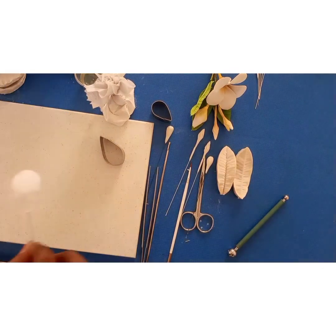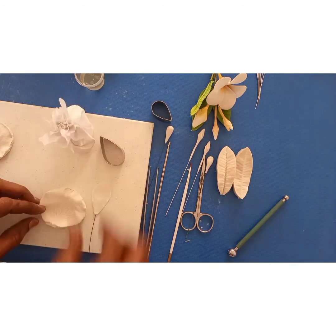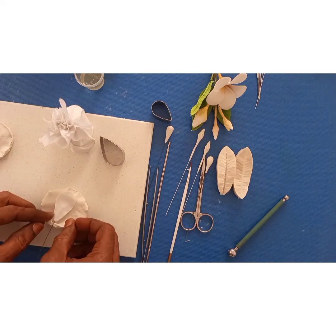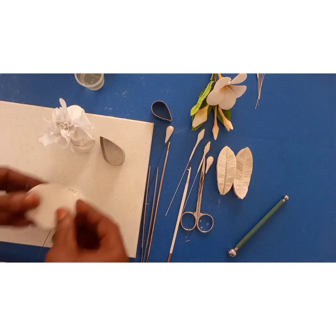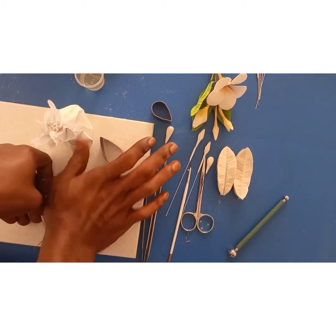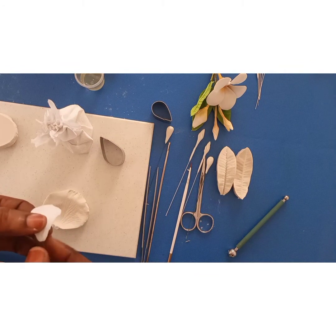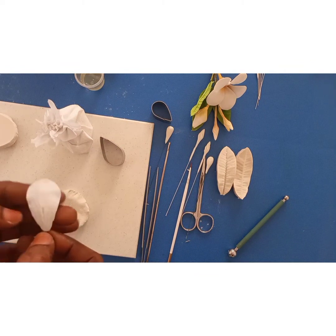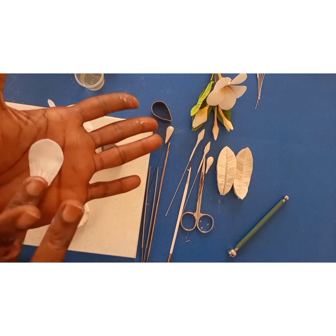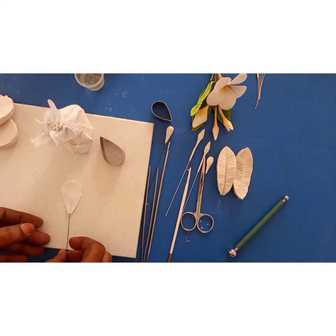Then comes our veiner, a bit of cornstarch. Centralize your petal, then vein. Remember what I said, you hold this and lift it up to have a flat surface. Then the next stage is to